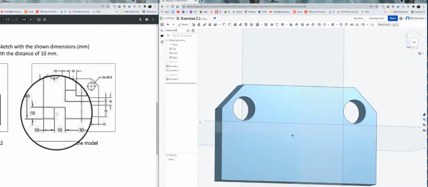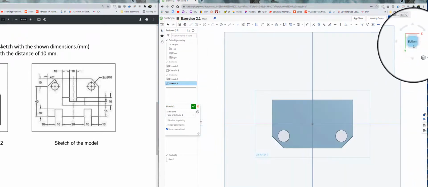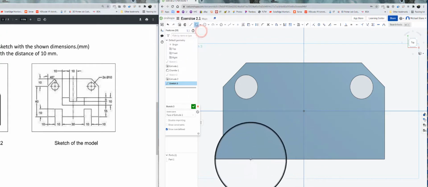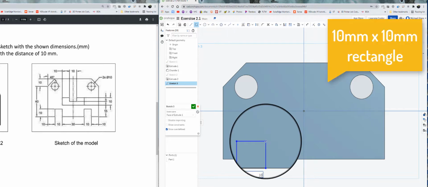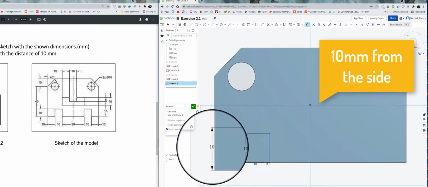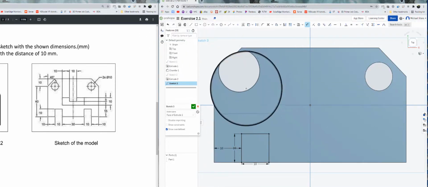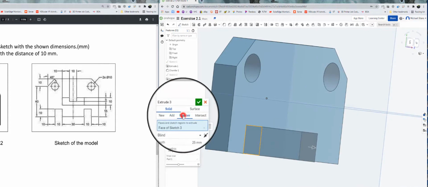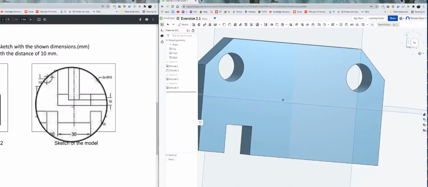Okay, that's good. We'll mirror this little piece down there. Create a sketch. Now, if you wanted to do this as one whole sketch, you could. You know, that's 10 wide by 10 tall. And it's a distance at D of 10. Let's finish sketch. Cut that out. Like that. And then I'm going to wait to mirror this because I'm actually going to do half of that